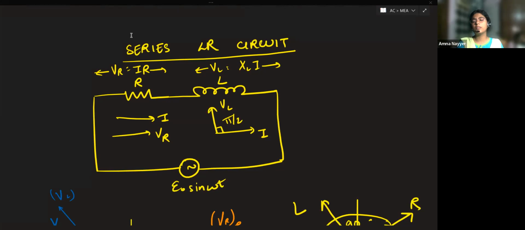So start noting down from here. For the series RC circuit, we won't practice any numerical. I'll just show you how to do it, because it is exactly based on this, with the capacitor. Then we'll end the class. So quickly note it down. Your time is almost up. We'll do series RC in the next class. Quickly note this down.